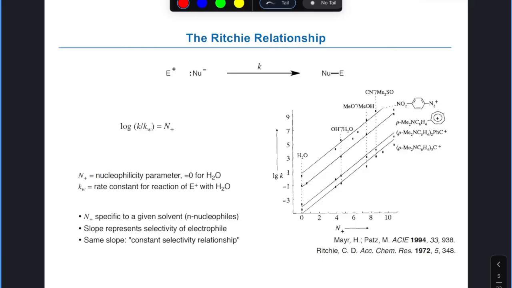Then as we go through, for different electrophiles, we're changing the nucleophile. We're doing this pairing. So following along here, that's our water. So water is our statement across this. This line corresponds to how whatever that reference electrophile is reacts as I'm changing different nucleophiles. So this bottom line here is, let's say I start with this cationic electrophile. That's the K value for that one pairing, that electrophile against water. Then I'm going to different nucleophiles. In this case, up to here, this is hydroxide. So if I go to a hydroxide system, that data point there is how hydroxide reacts as a K